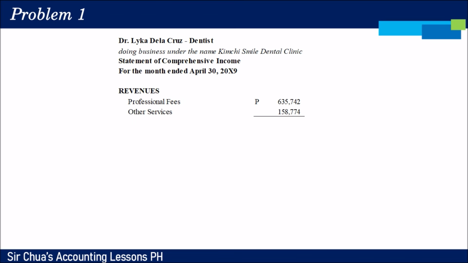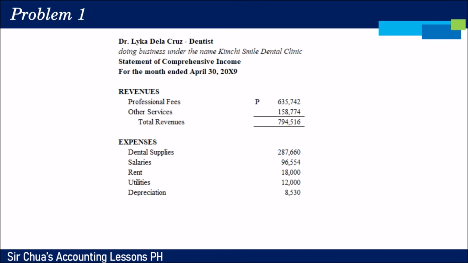Sinulat lang natin or nilagay lang natin yung professional fees na 635,742 and then other services na 158,774. You just get the total. So total revenue will be 794,516. And then you proceed with the expenses. You will just list down all of the expenses: dental supplies, salaries, rent, utilities, depreciation, repairs and maintenance expense, for a total of